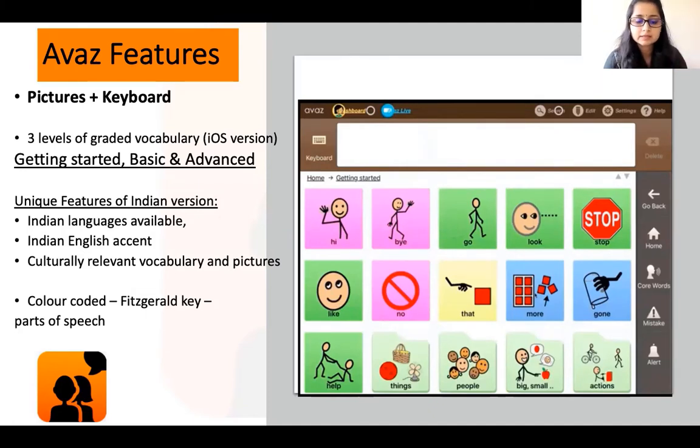It's accented as an Indian speaker, and it also has culturally relevant vocabulary and pictures. The Indian version has culturally relevant pictures and vocabulary, for example, dosa, as you saw, dosa, puri, dal. So it has those words and pictures. So let me now take you through the language folder.